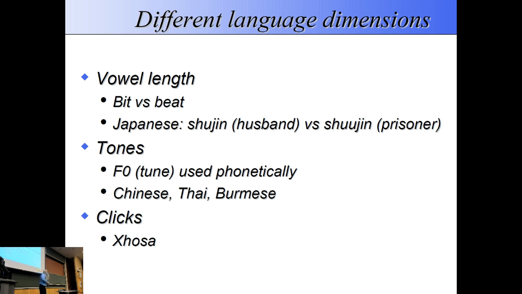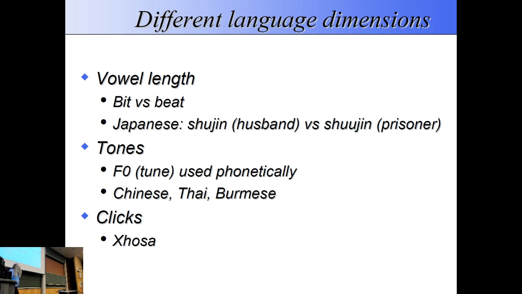And substantial numbers of people in the Far East actually have it in the language. Korean and Japanese do not, but all of the Sino-Tibetan languages do, and as you move further south. But Native American languages in the Americas have tones as well, and a number of languages in Africa do. So it's not just the Far East that has it, but of course Chinese is the most famous that has that.